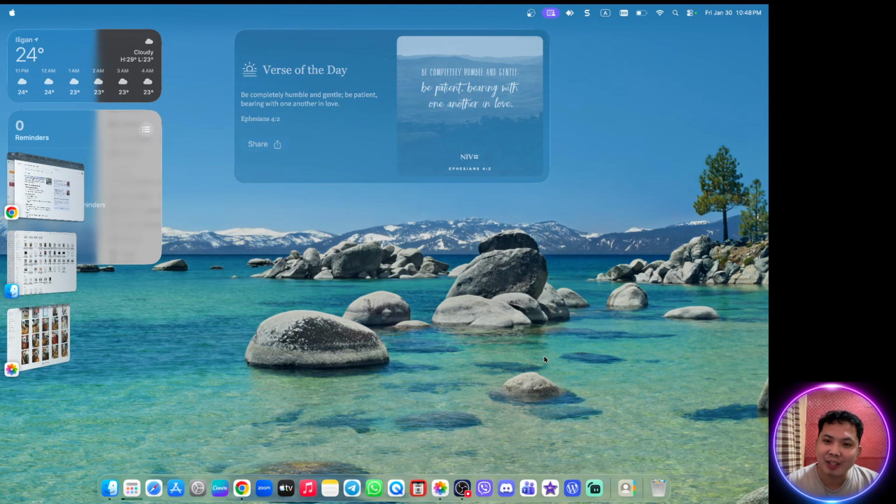Hello everyone, in today's video I am going to show you how to select multiple photos on MacBook in just